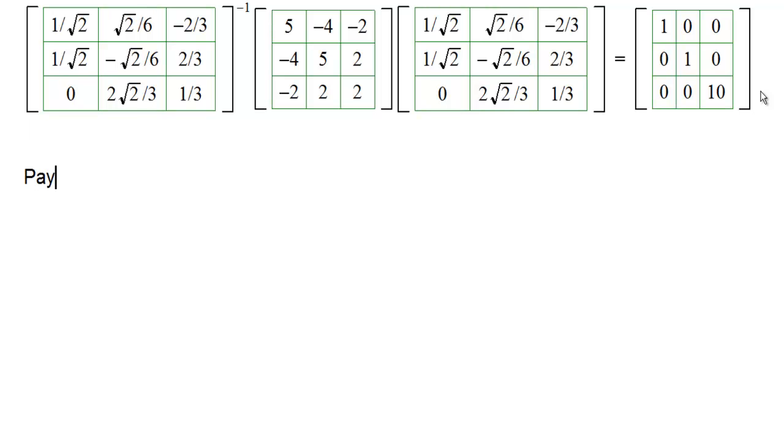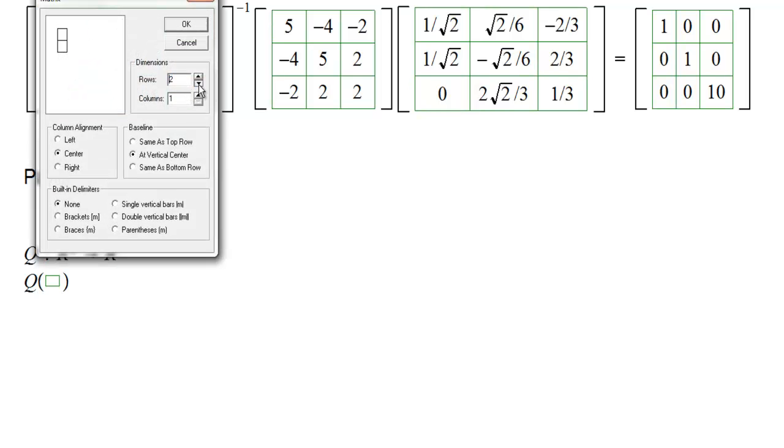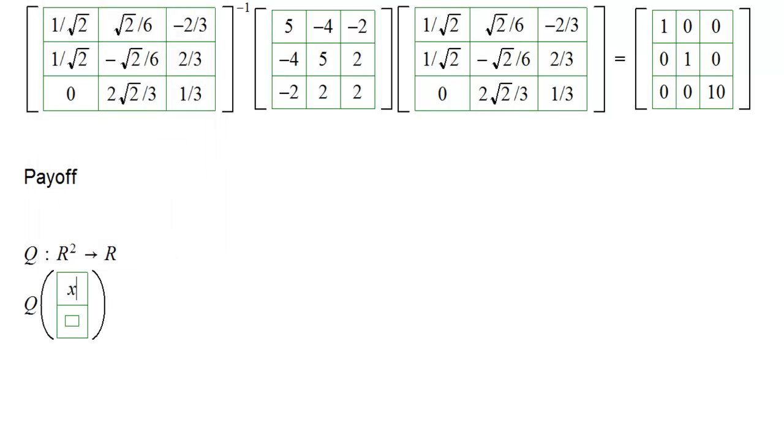So now let's go for a payoff of this thing, just using it in a very simple situation. So the payoff is this: say I have a function, just a function, not a linear transformation. We are just taking a simple function from R2 to R, where this function does this: say we got x1, x2 equals, say, 3